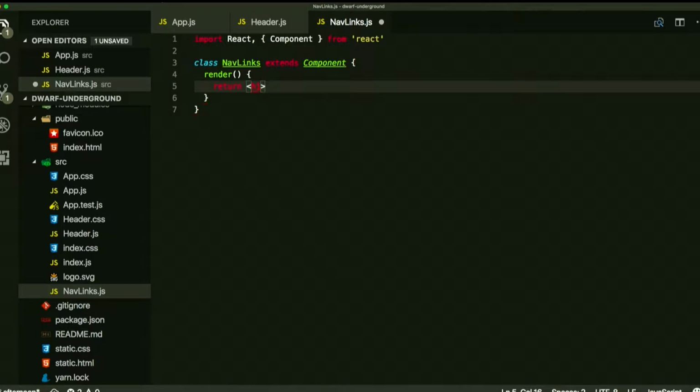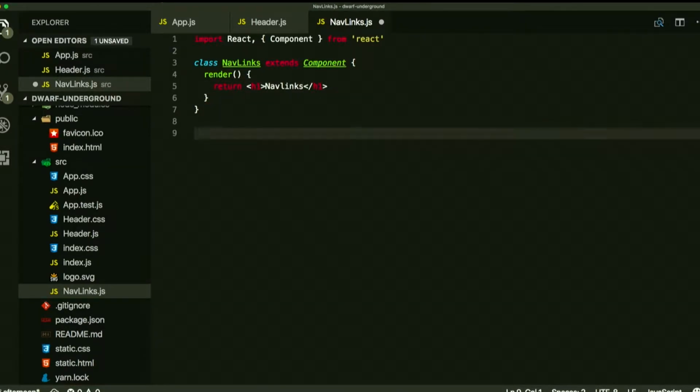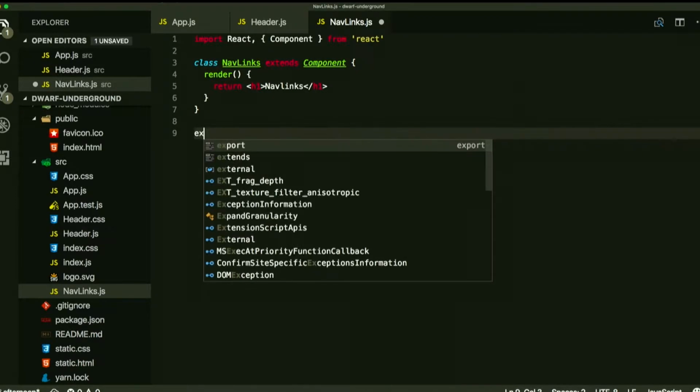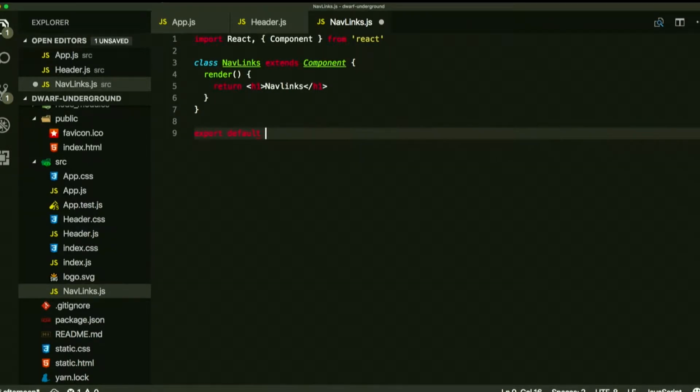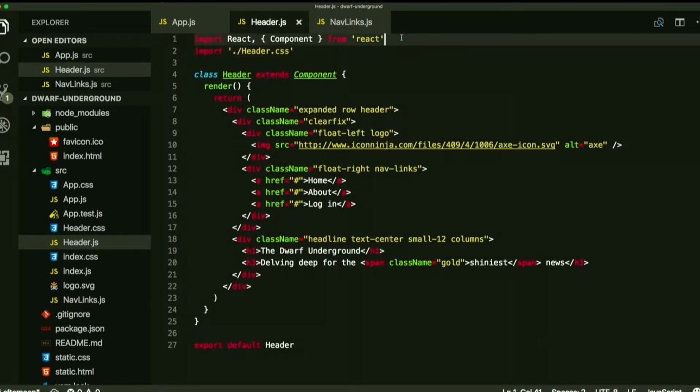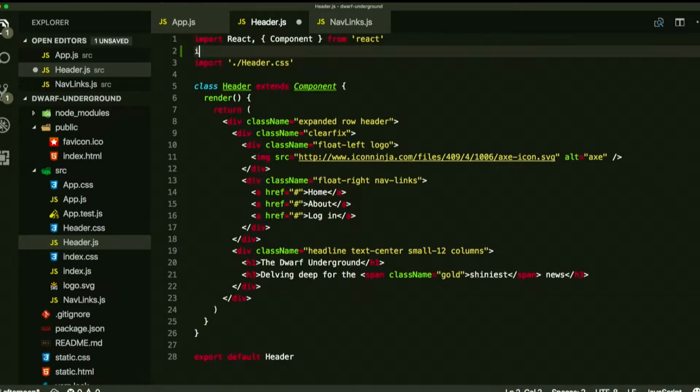So just to make sure we get everything wired up correctly, just put a little placeholder return element for now. What's the last thing I need to do in this file before we can use it? Export. All right, that should work. And then to use it here,